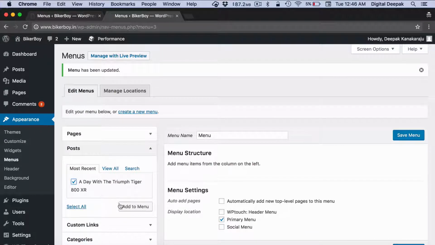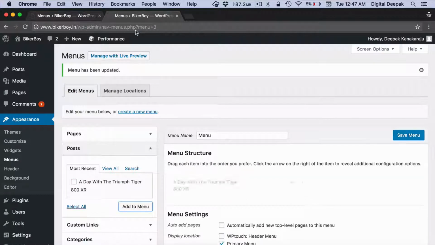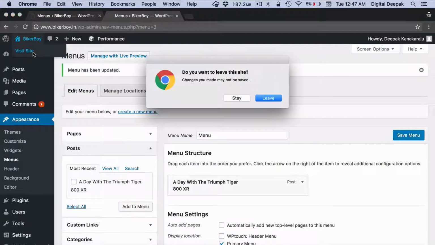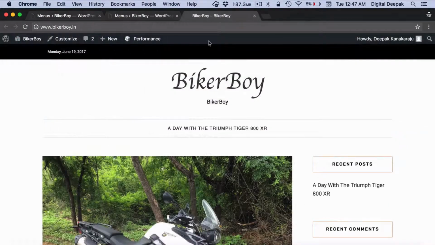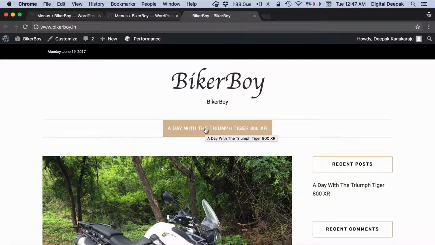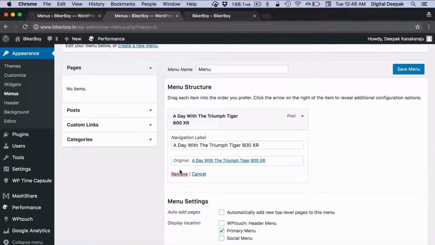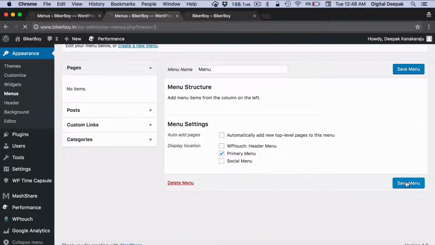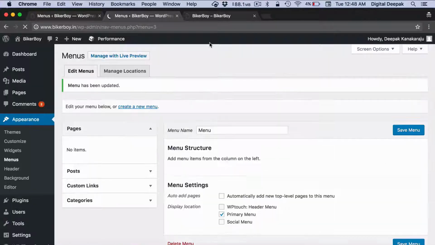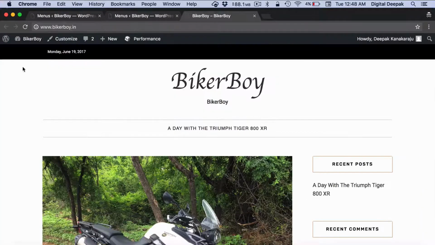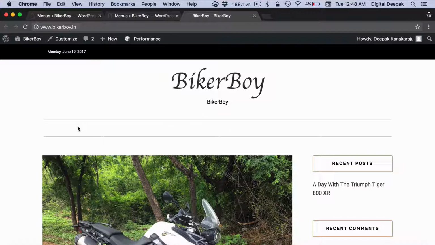Let's say if I want to add this particular blog post to the menu, then let me go ahead and check the website. So now you can see that the post has come inside the menu. So you don't need to add posts as menus. You will probably add pages, something like about me page, contact me page, and things like that. And that is something that you can experiment with in the edit menu section. So since this was just an experiment, I will just go ahead and remove this post and click on save. So now if I refresh this page, this has gone.